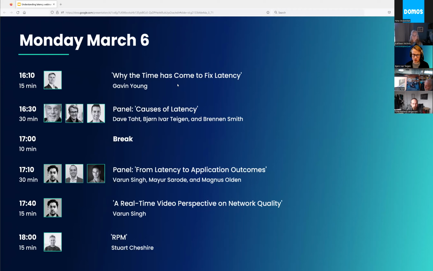And I also want to remind everyone that this will be a knowledge sharing event. The point is to share experience, insights, and best practices related to measuring and improving latency. This is about highlighting a problem space or opportunity space, if you like, that all of us have a shared interest in tackling in the best way possible. So with that in mind, I'd like to introduce today's program.